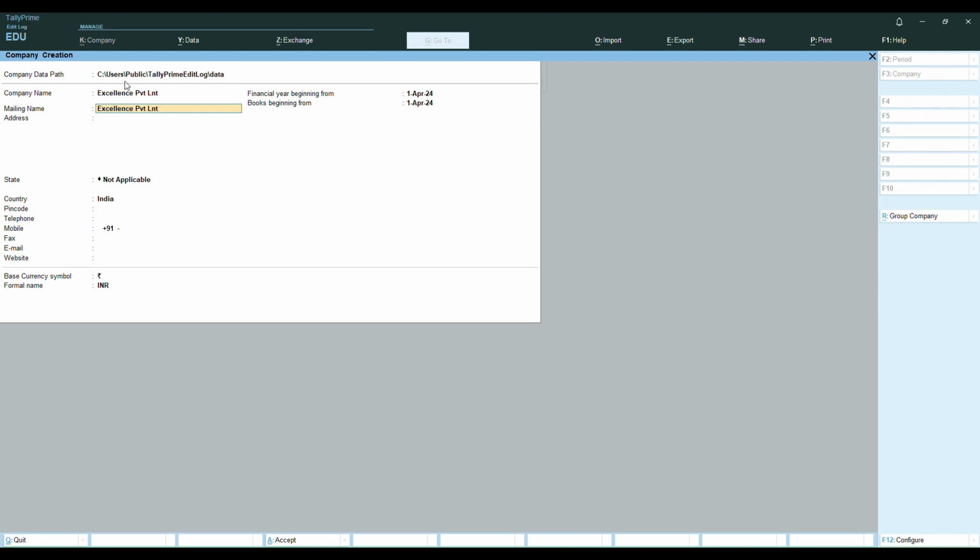As you can see, as soon as we press enter, the mailing name has been taken automatically. Next, let us enter the address.